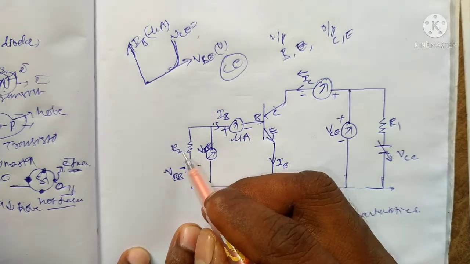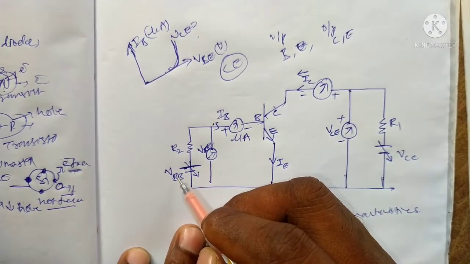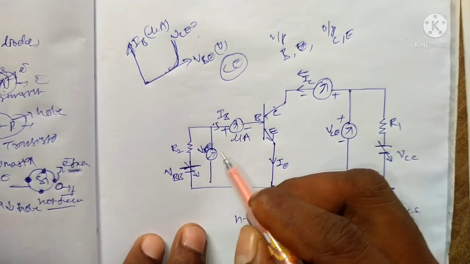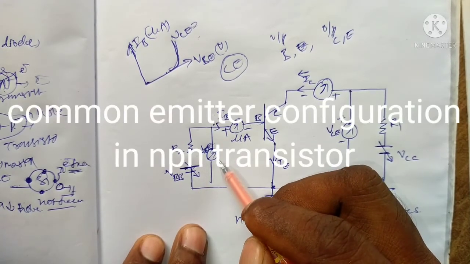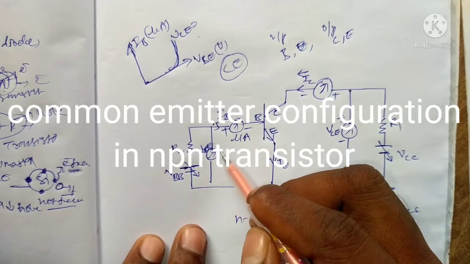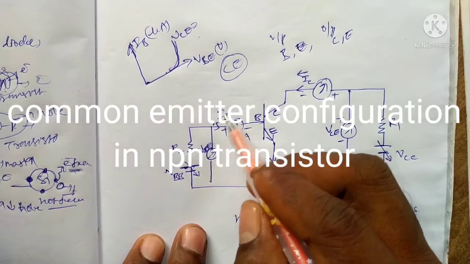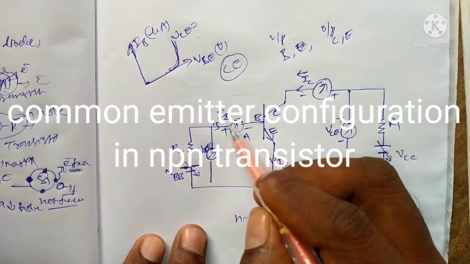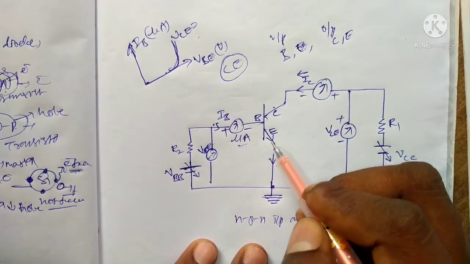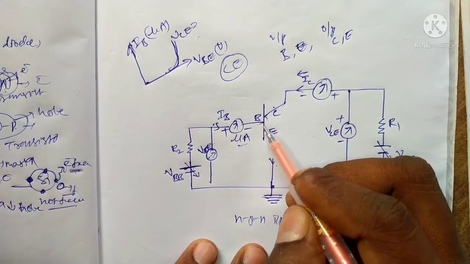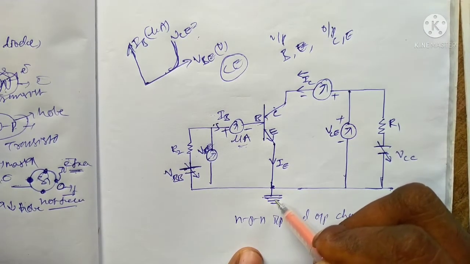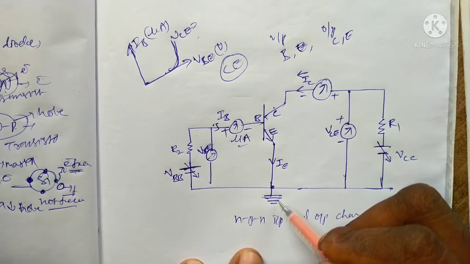It can be changed. R2 is the resistance connected to the voltage bias power supply, and the voltage developed between the base and emitter is there. When the base-emitter voltage varies, the base current IB will change in the circuit. The base current is in the order of microamperes. The base current divides into the emitter current, and the emitter is connected to the ground.